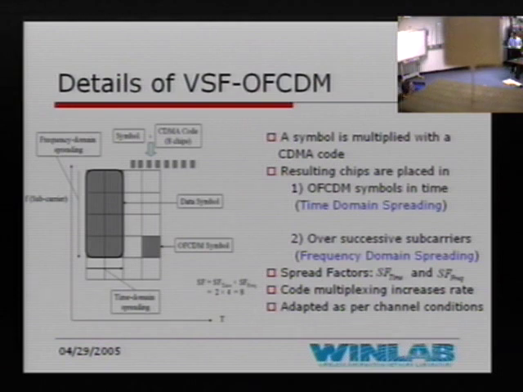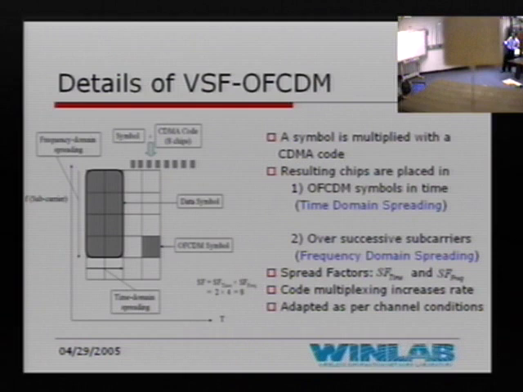Yeah. So where this operates, let me give you an example. Initially I have some data symbol, and I first multiply it with a CDMA code. Let's say this code has 8 chips. So I have these 8 resultant chips. Now I have a transmission system which has several subcarriers, and I have an option of how to put these 8 chips on these subcarriers. In this specific example, I have used 4 subcarriers, and on each subcarrier I have placed 2 chips. So my entire symbol spans this time frequency grid. This entire shaded region is my data symbol, and each block is one OFCDM symbol.